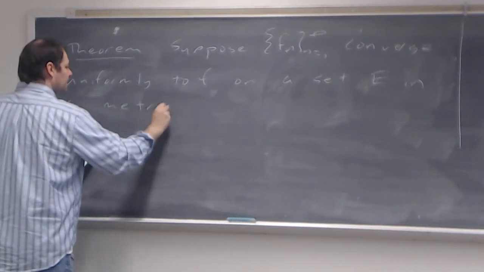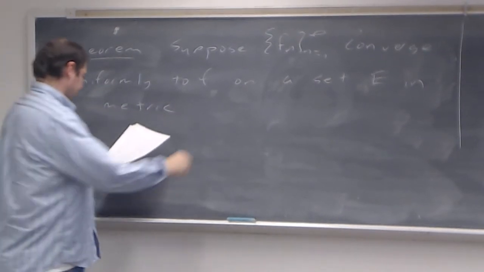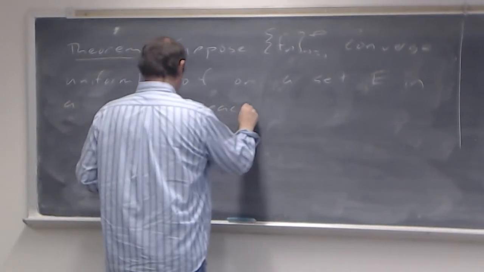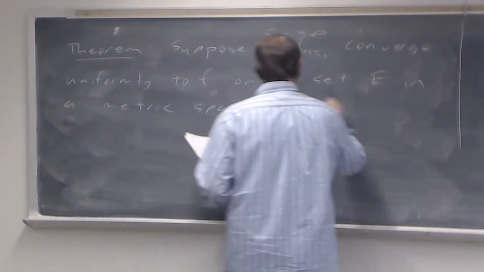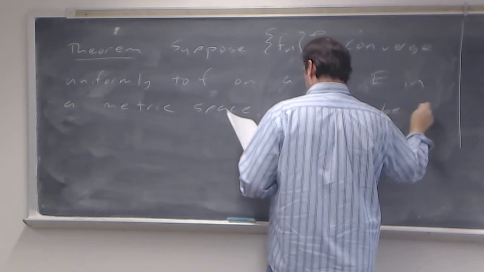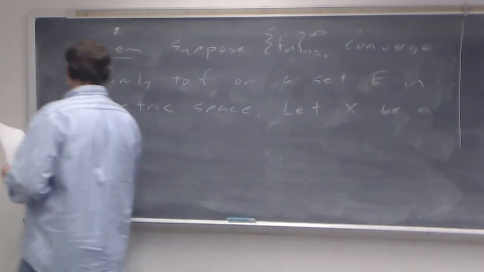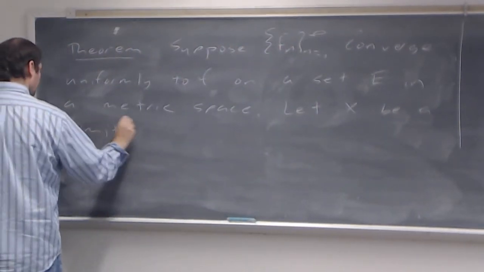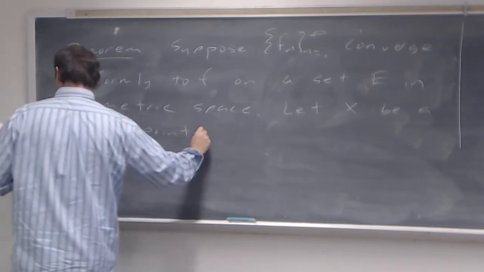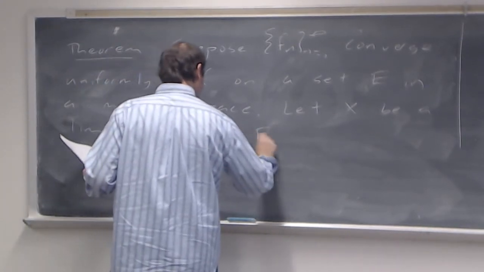So E is some subset of a metric space. Let x be a limit point of E,